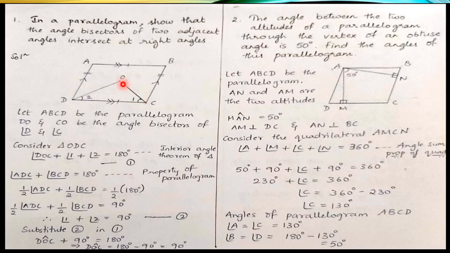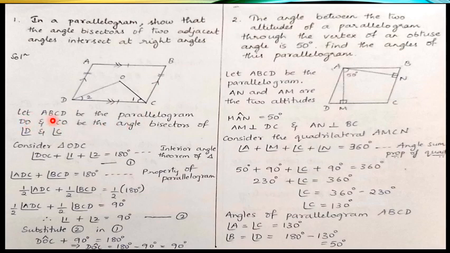So these two are intersecting here, isn't it? You should be showing that it forms a right angle here. That is what they are asking you to show: the angular bisectors of two adjacent angles of a parallelogram intersect at right angles. This is about the question and the diagram. Now let us see how to prove this.